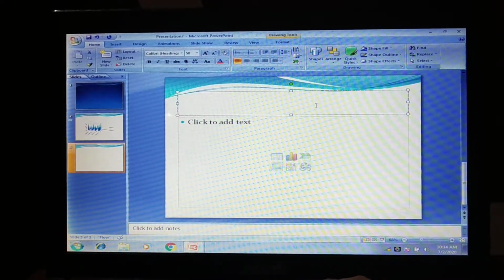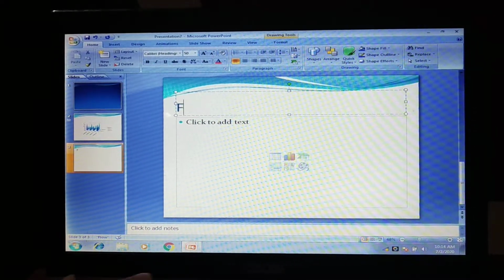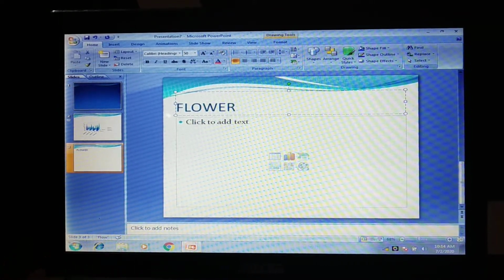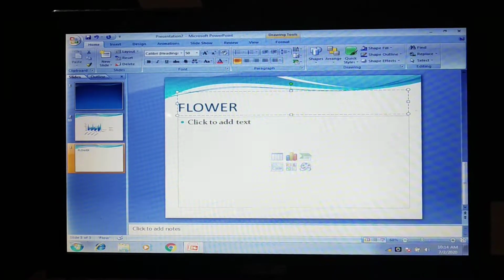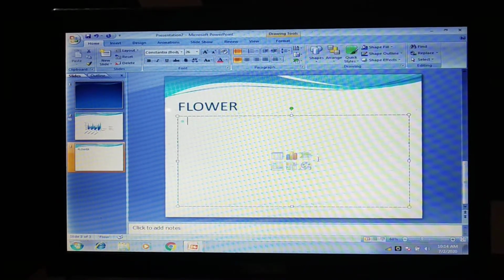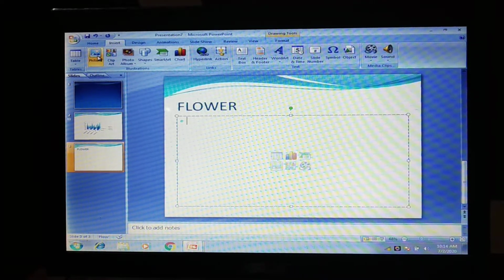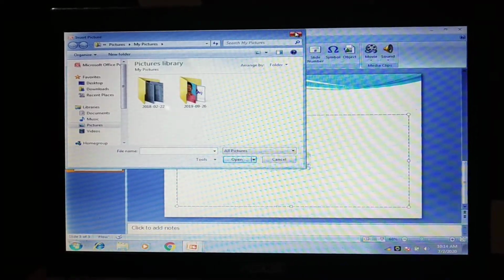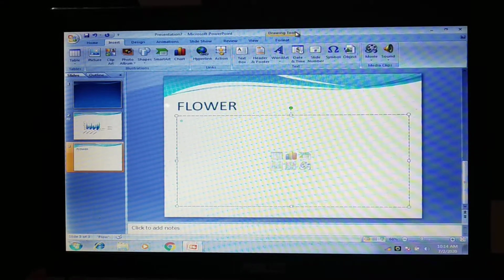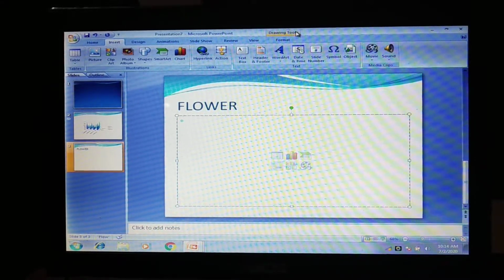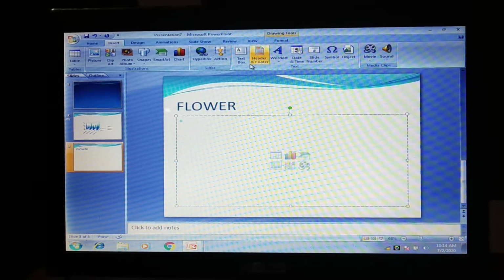Suppose I am writing the word flower by using the keyboard. I have typed flower and then I can add one picture of a flower. Here if I want, under Insert you will go to Picture, the options will open and from there you can simply add. And next what you have is organizing the slides.